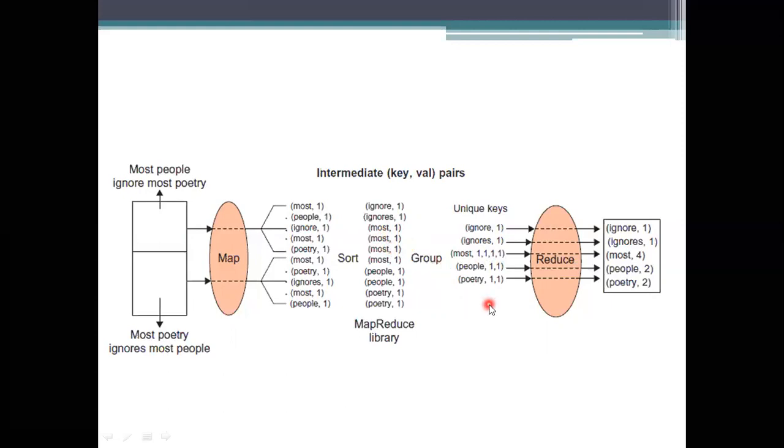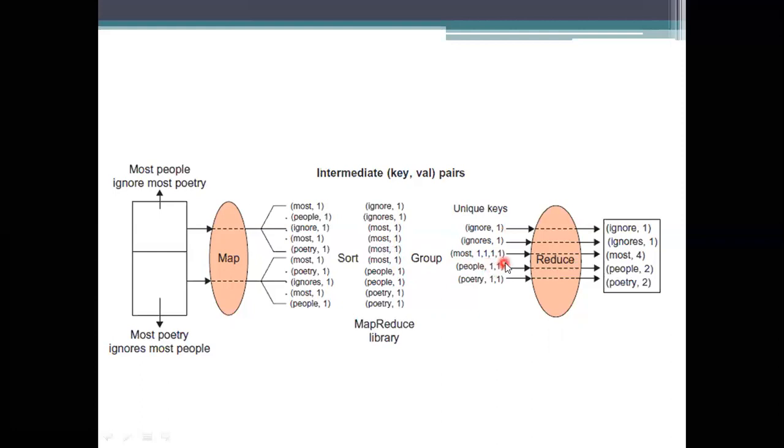So the mapping function will take the input values, that is the key and values as a pair, and it will create a new pair which has the key and its set of values. The set of values in this example can be 1 comma 1 comma 1, or the four ones placed consecutively. So these are the new values.